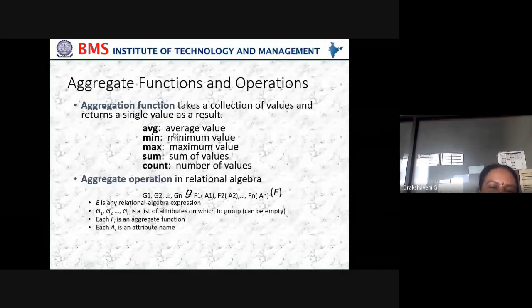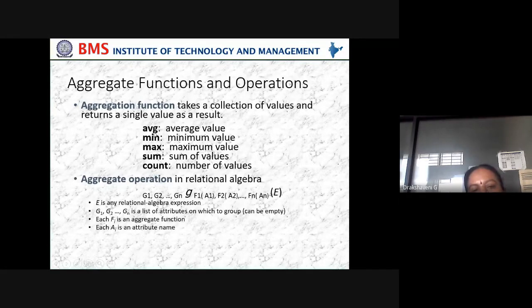Then what is an aggregate function? Sometimes we may use an aggregate function, so we may use average. I want to find out the average salary given in the BMSIT college, then we use an inbuilt function called average. Then I want to know who got the minimum in the DBMS test, so I'll be using a minimum function. We have one more inbuilt function called maximum. I just want to know who got the maximum in the DBMS, then we use max.